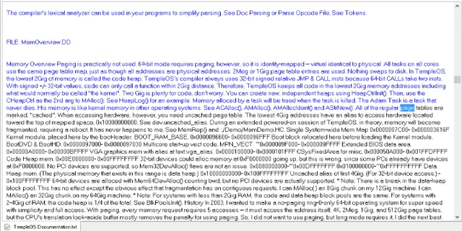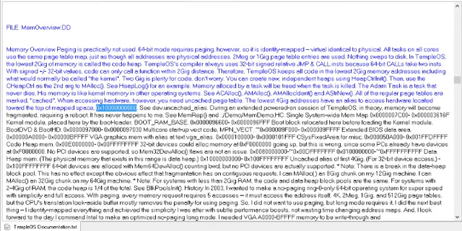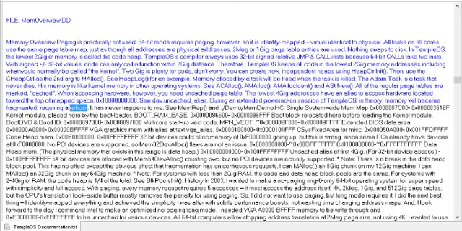All of the regular page tables are marked cached. When accessing hardware, however, you need uncached page table. The lowest 4 GIG addresses have an alias to access hardware located toward the top of map space, 0x10,000,000,000. CDEV uncached_alias. During an extended powered-on session of TempleOS, in theory, memory will become fragmented, requiring a reboot. It has never happened to me. See MemRep and